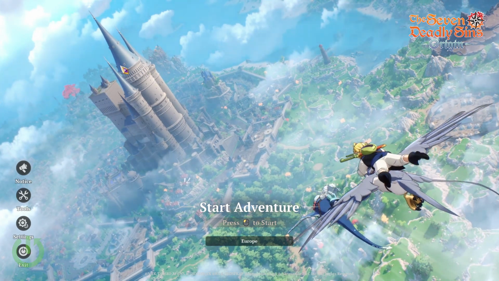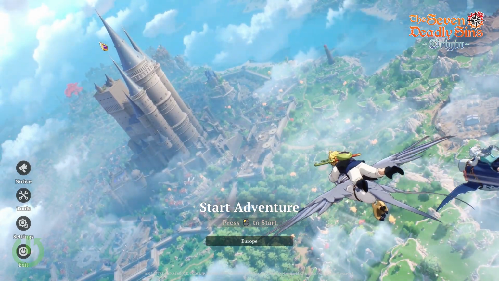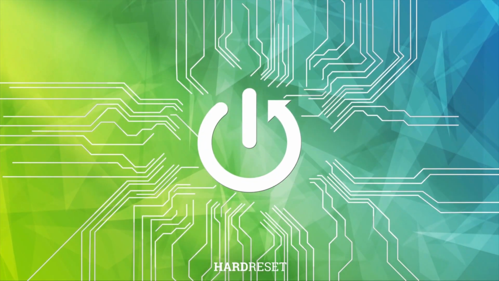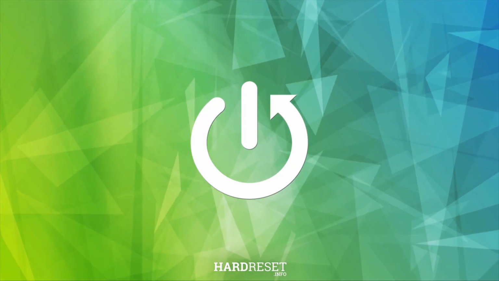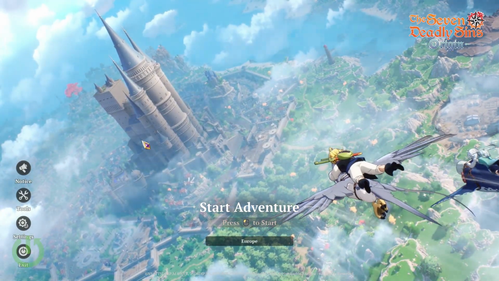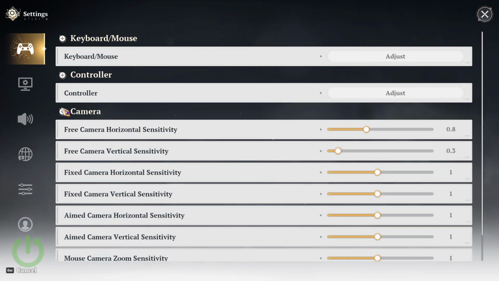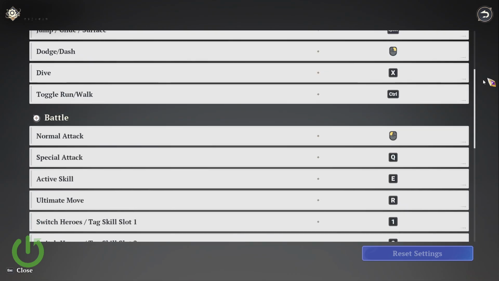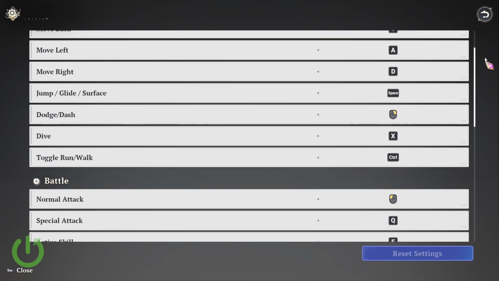Hello everyone, today I'll show you how to change the keyboard keybinds in the 7 Deadly Sins Origins. Let's begin by opening settings. From there, make sure you're in the keyboard and mouse settings. Here, adjust the keyboard and mouse settings right here, of course. As you can see, here you will be able to change the following